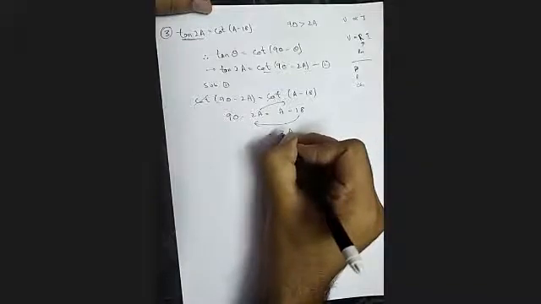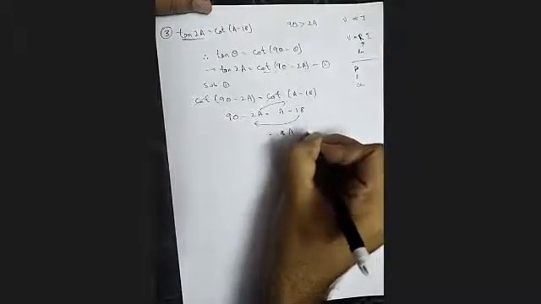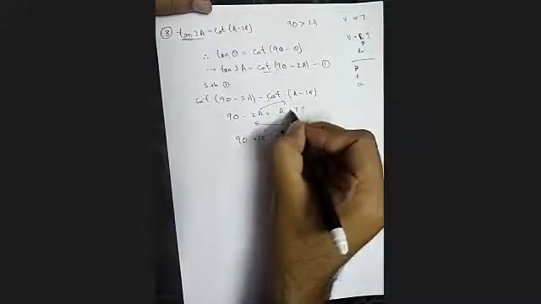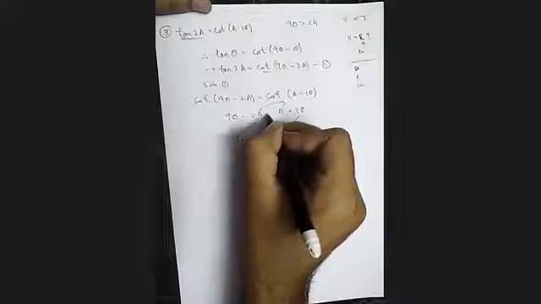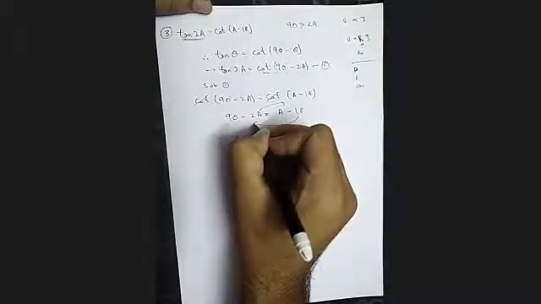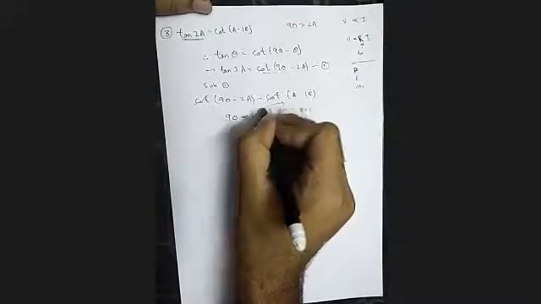3a plus 2a, 90 plus 18. Because if it is minus on this side, if it goes to the other side, it will become plus. This is also minus on this side, if you go to that side, it will become plus. Plus will become minus, minus will become plus, multiplication will become division, and division will become multiplication.